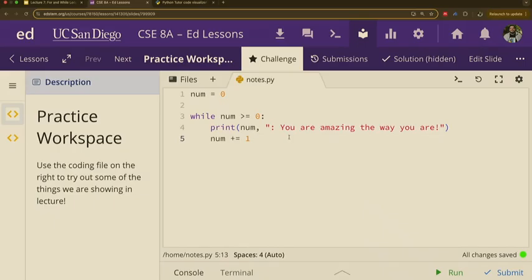Why is this an infinite loop? Because that statement is never false. We start off at 0, num is greater than or equal to 0, and we keep on adding 1, right? Just keep on adding and adding and adding 1. What if we want to print this whole thing out like 100 times? What can we do?